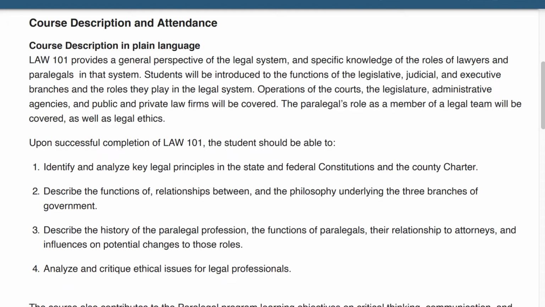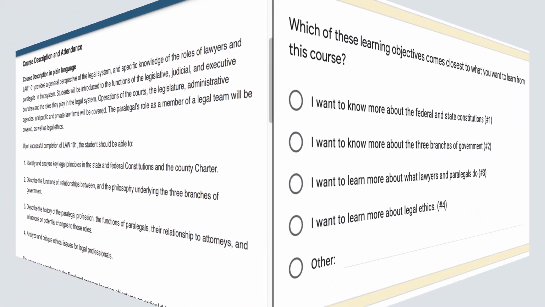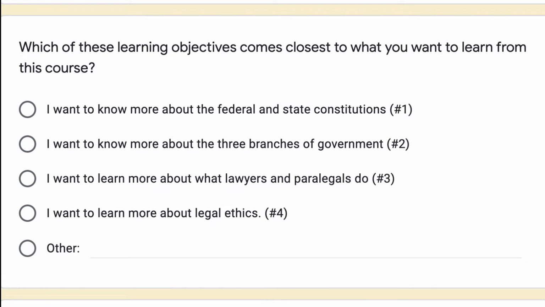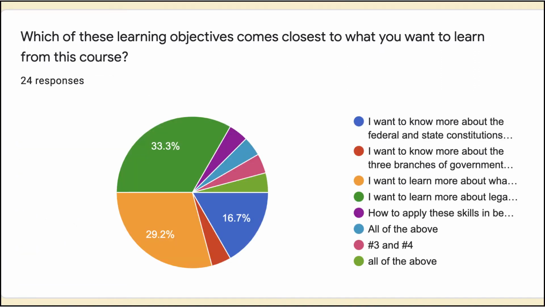The second paragraph in my original syllabus gave the course description in plain language and then included the SLOs. In the interactive syllabus, in addition to listing this, I asked the students which of the learning objectives they were most interested in. Not only did this start by getting the students engaged in the material, by assuming they were interested in at least one of the SLOs, but it was also interesting to me, as I would not have guessed that SLO 3 would be the most popular. I always try to add something new to the course, and what this question told me is that a good place to start by adding additional materials would be to support SLO 3 as the students were already interested in it.